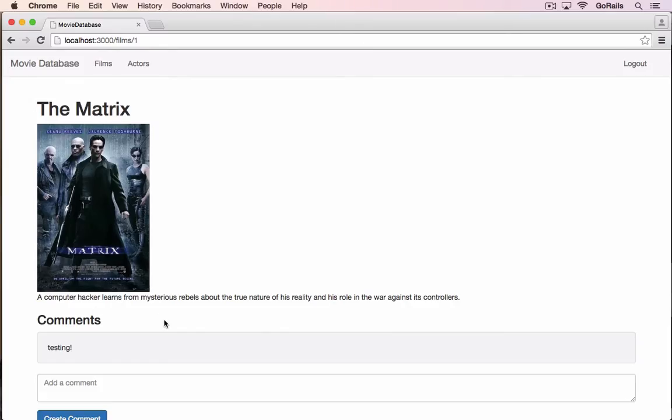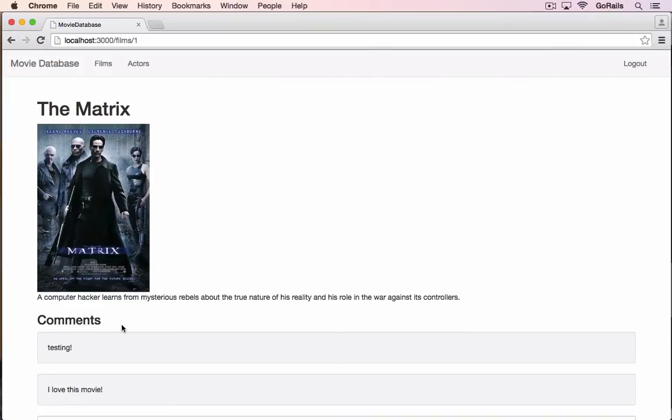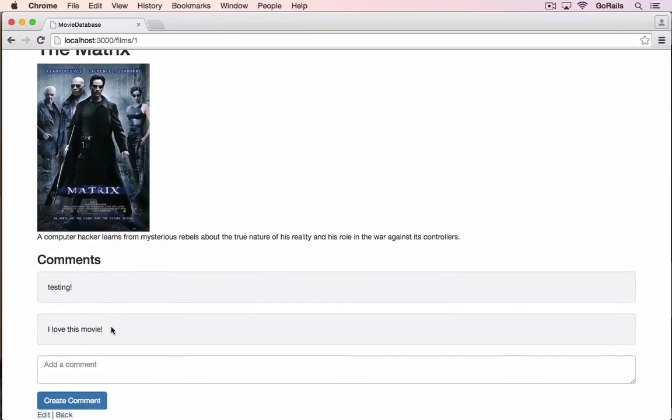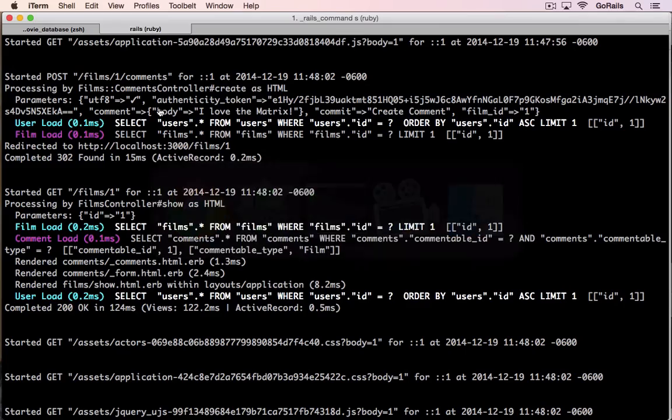So we're back here, and I refreshed the page on The Matrix, and we've got our new add a comment here. And the moment of truth, we'll just say, I love this movie, create the comment, and there you go. I love this movie, and the comment was created. So that is all functional, and you know that it's posting to the right film because it showed up there,